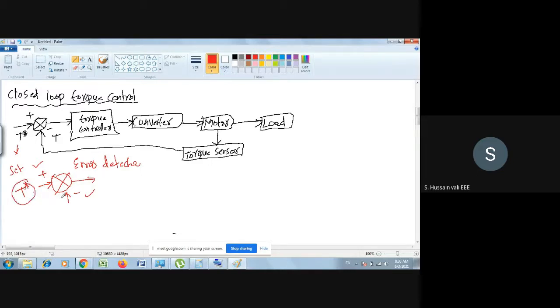Okay. Then once you set this, what is happening? Same thing here. One common thing you will find here: motor, load, converter. This setup you always find in every closed loop block diagram. Why do you find it like that? Because every motor is connected to a load. That's the purpose of the motor. So it drives the mechanical load. Okay. And what is the purpose of the converter? The purpose of the converter is to give the controlled DC. So here you get the controlled DC.